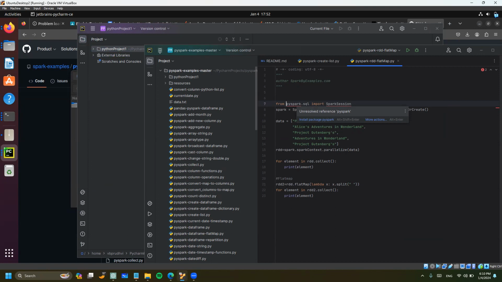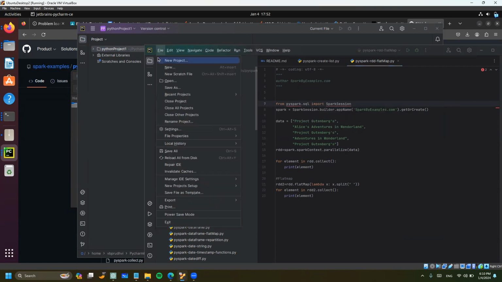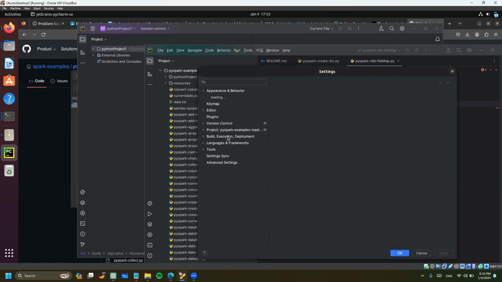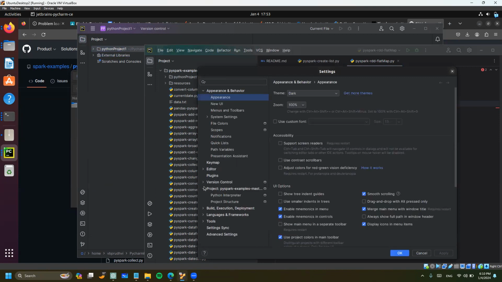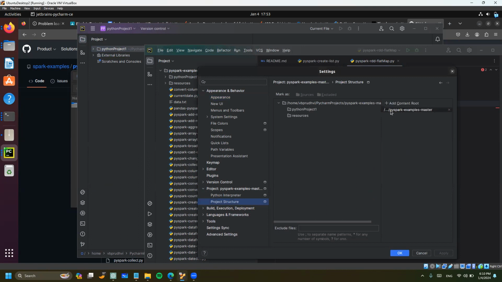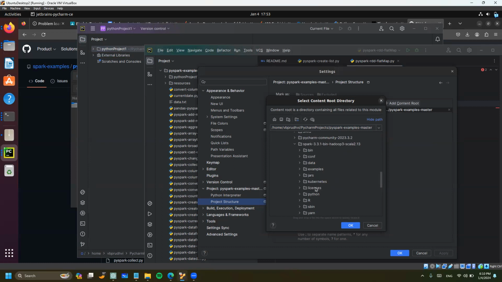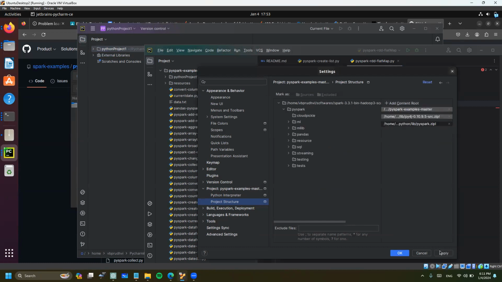So you have to add in the setting that I'm asking. Did you add it in the setting and the project structure? Yesterday I told about that. I don't think I did, no. Because without that, this error will not go away. So you have to go to your installation folder of your Spark, your software and Spark and here the Python folder and the library folder. These two libraries I was talking about. So when you add this one,